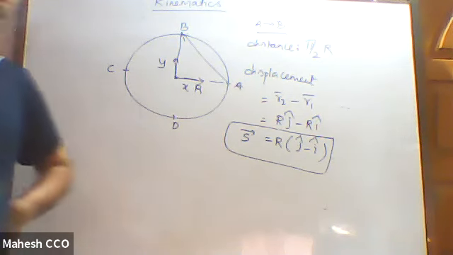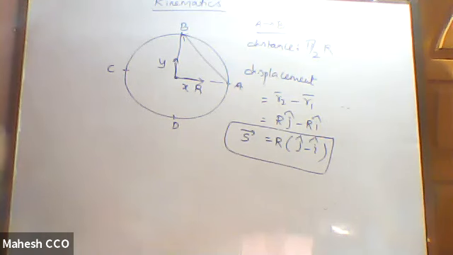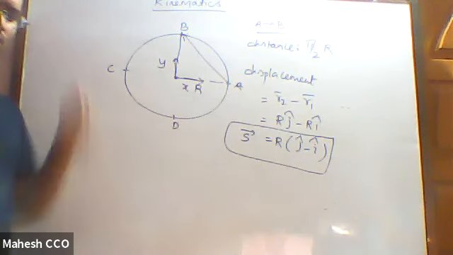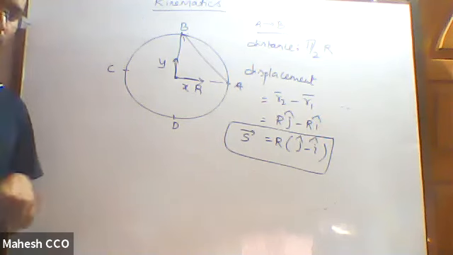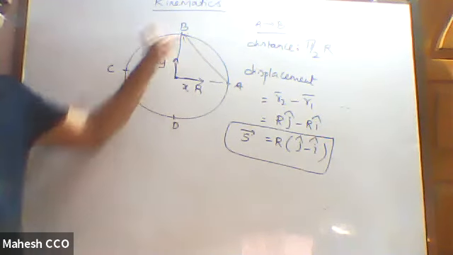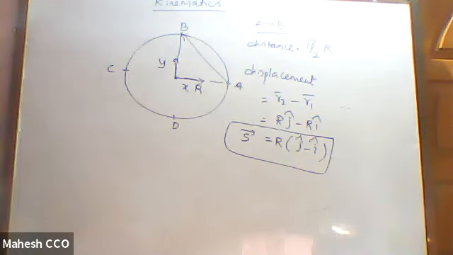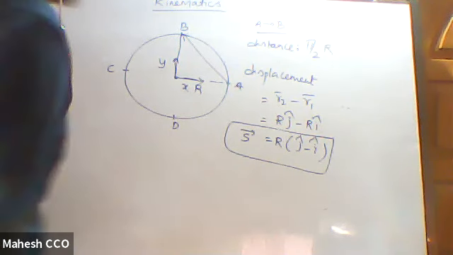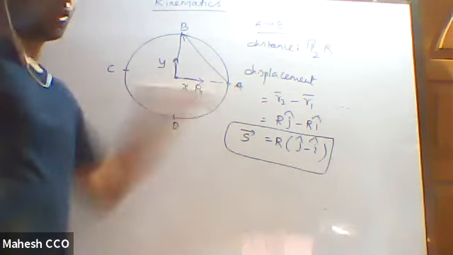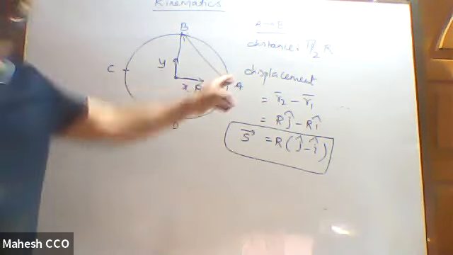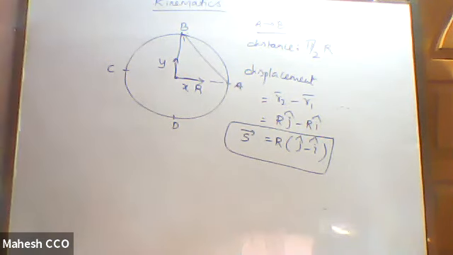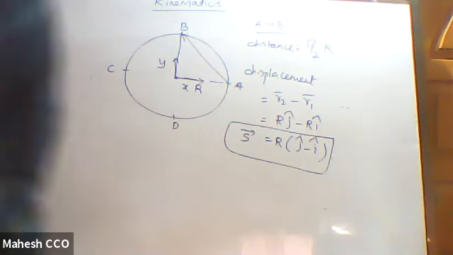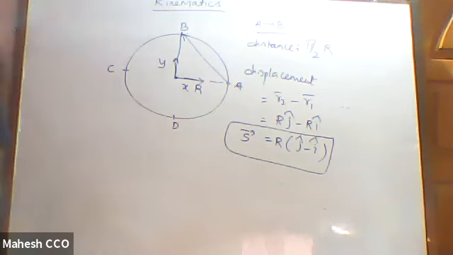Now let us move on to another simple thing. Suppose we go from A to C, what is the distance, what is the displacement? Since you are going along the circular track, A to C, the distance traveled is pi r, while the displacement will be simply 2r, or if you strictly speak, minus 2r i cap. A to C, the displacement will be minus 2r i cap. So that is how you see things.